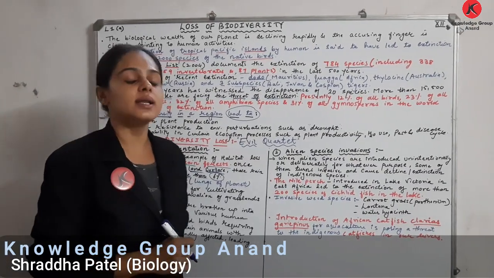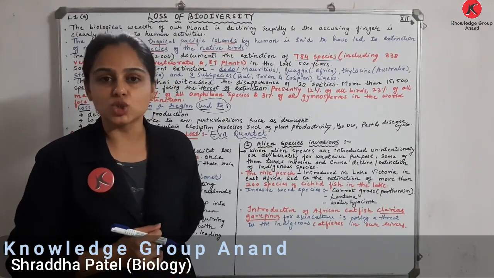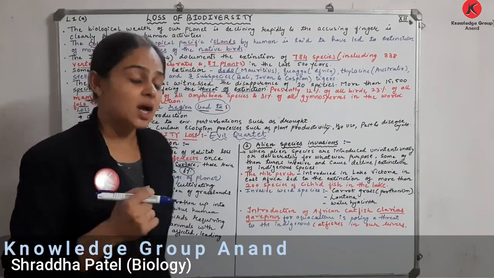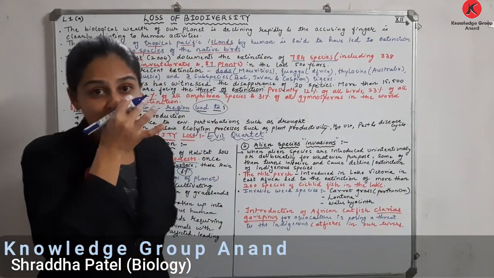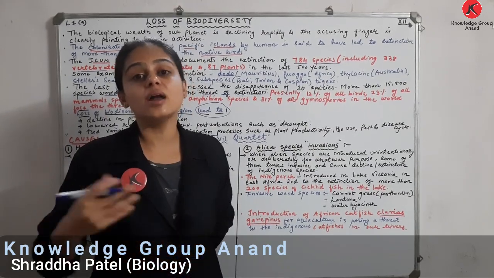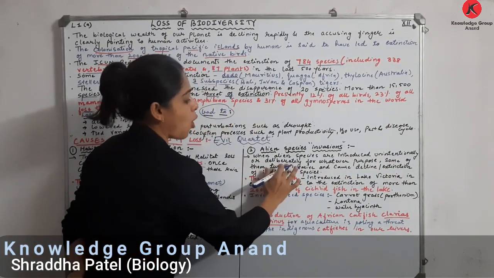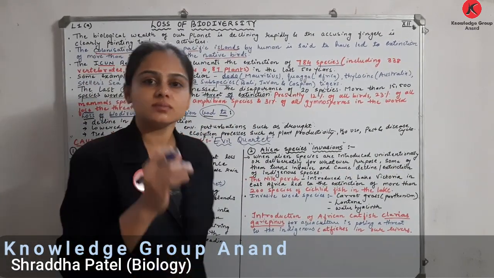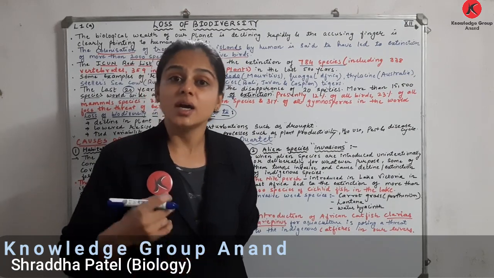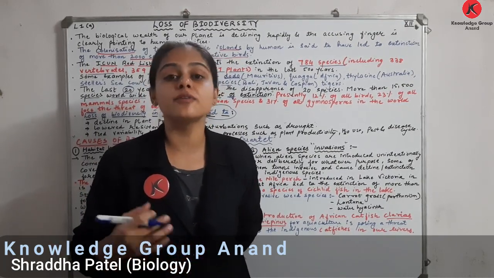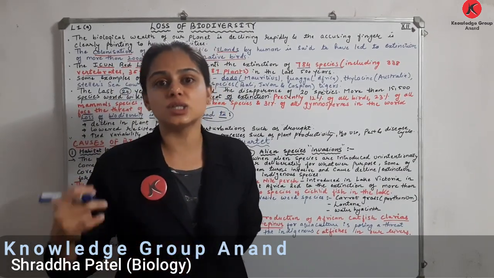Then comes your alien species invasion. What does alien species mean? A species that is not native, not indigenous. Look how it causes invasion. What happens when we introduce some alien species intentionally or unintentionally? When we introduce an alien species unintentionally or deliberately for whatever purpose, some of that species become invasive. It grows at a very fast rate, and thus this leads to death of indigenous species,